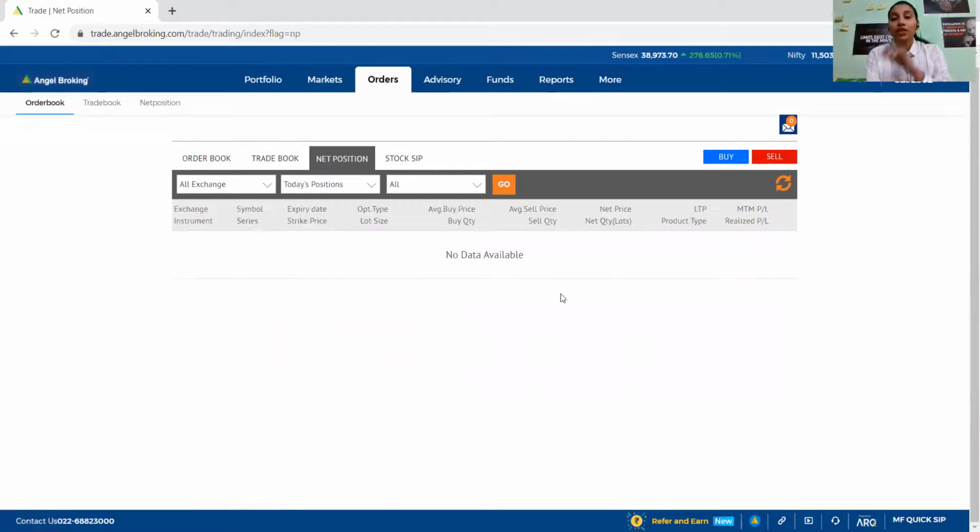And the net position basically shows you your profit and loss and everything. So when you want to see your running profit and loss, you have to click on the net position, and over here you will be able to see it automatically in the live market, and it will keep on changing. The price will be written over here along with the stocks, and it will show you what the profit is, what the loss is, and so on.